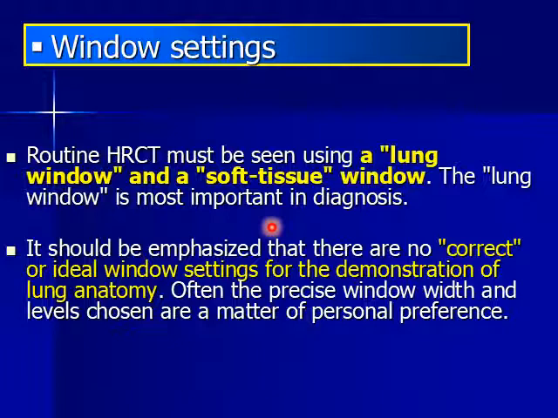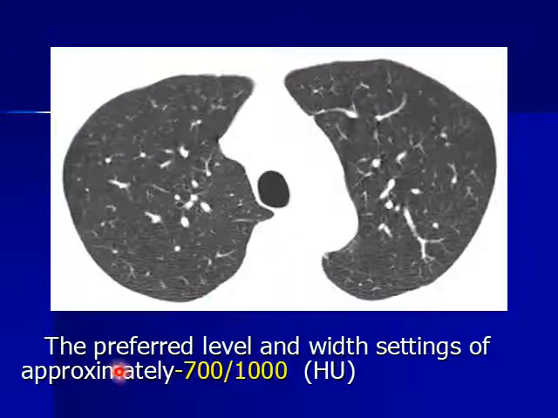As you know, we look at the chest in the soft tissue window, which is called the mediastinal window, and the lung window. The most preferable one is minus 700 over 1000,